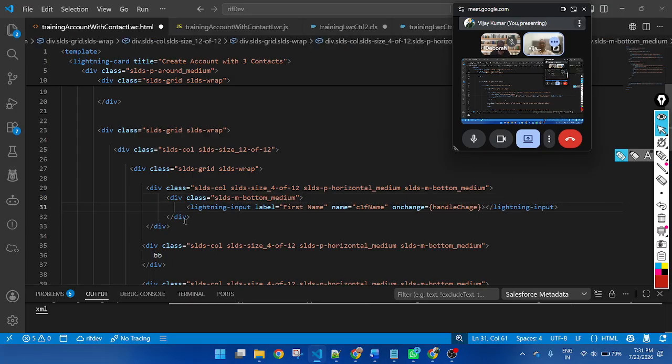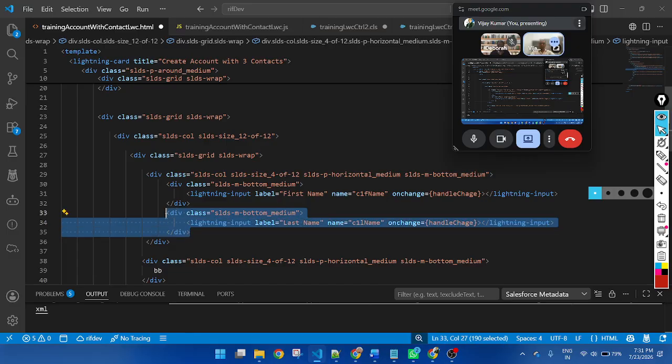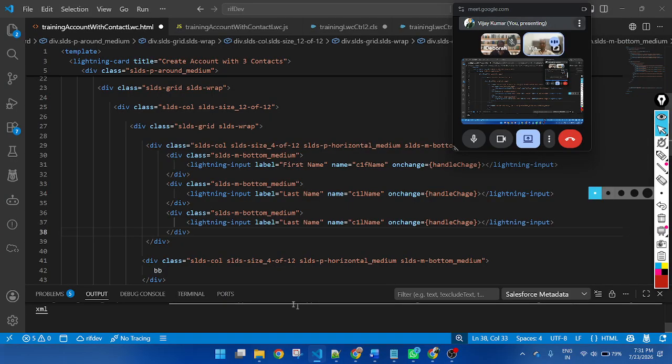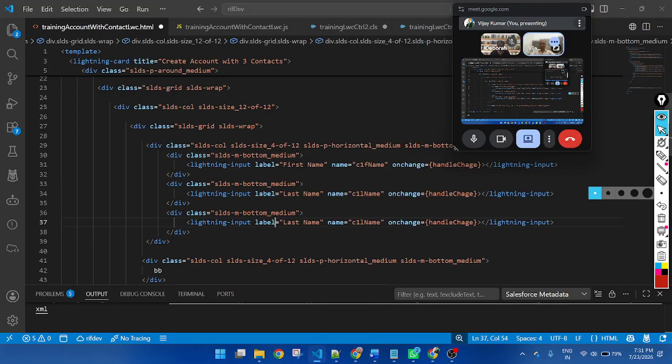So this is for first name, this is for last name, L name, C1 L name, then copy, paste. And this is for email. C1 email. C1 means contact one.